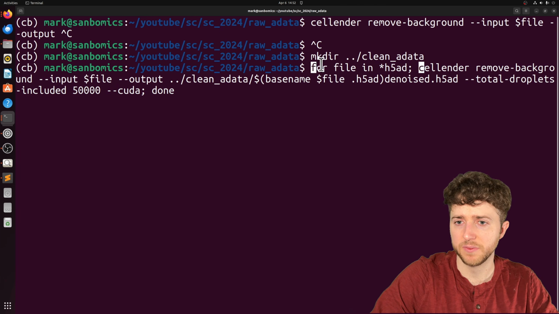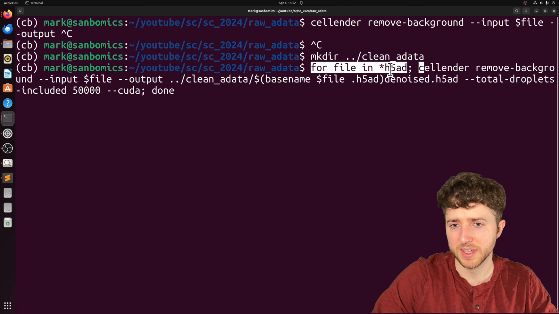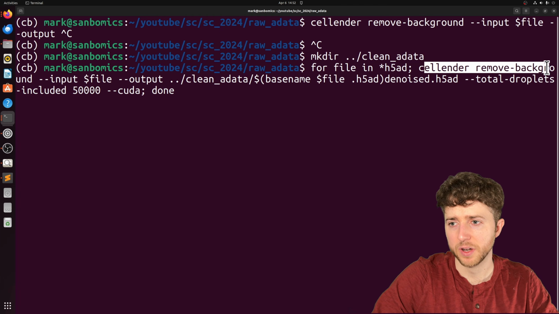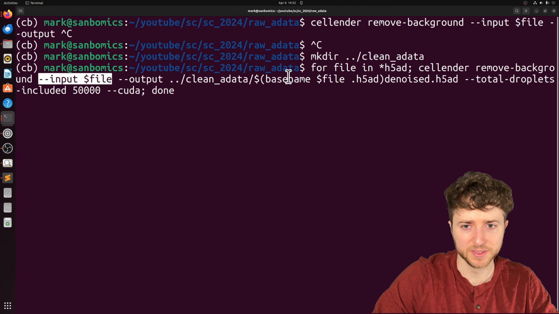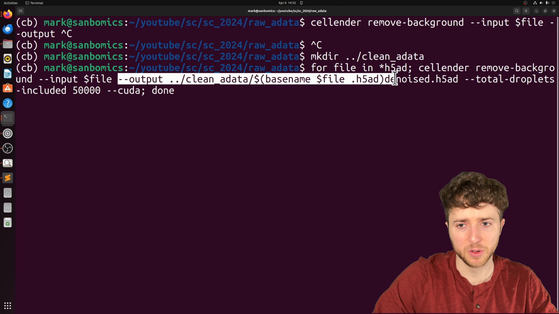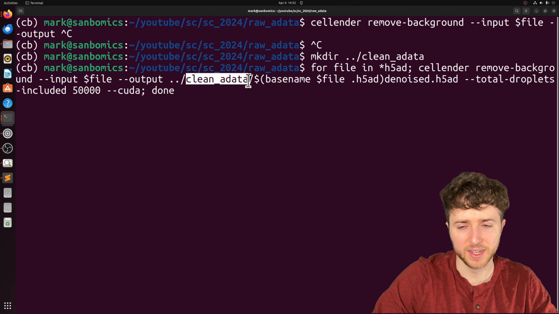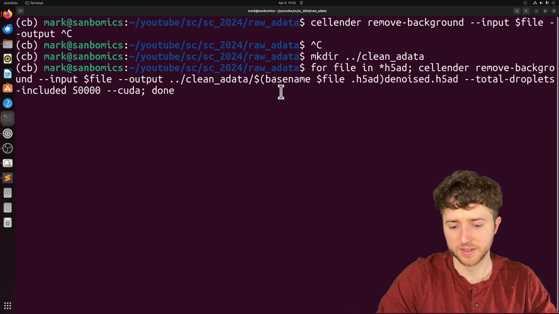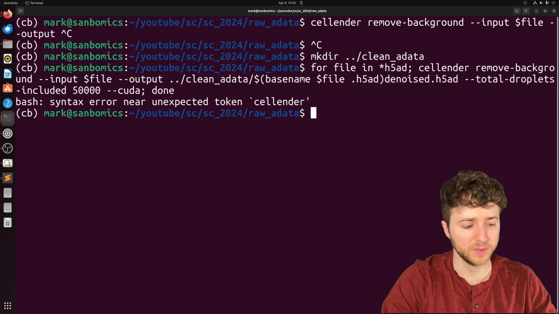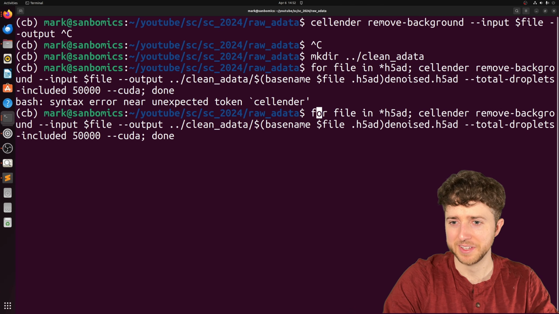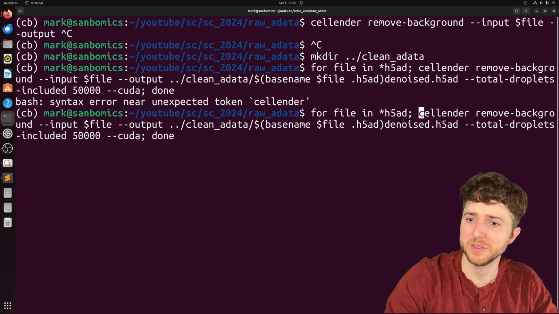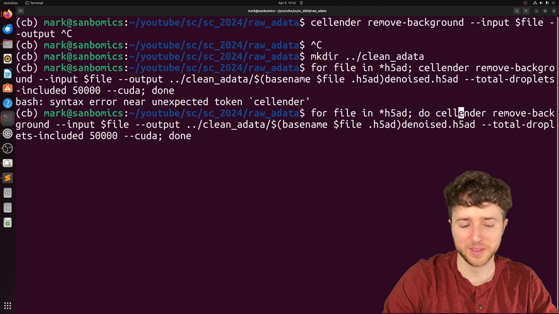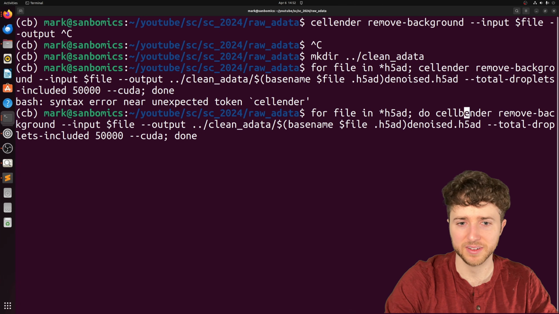So for every file that ends in h5ad in our current directory, we're going to run CellBender remove background, pass that file as input, make an output file in our clean AData directory, and let's see, this should run. You have to spell things correctly, and I forgot the do as well. So two mistakes, but so for file in that do, CellBender, not cell ender.